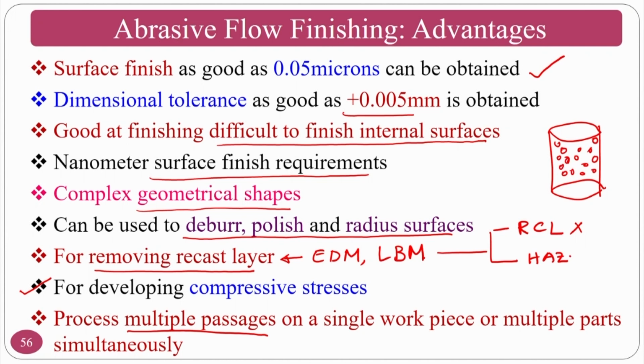Whenever you have studied the one-way abrasive flow finishing process, whenever you extrude the medium from this side, all the medium comes out from this one. So, a single component with multiple passages or multiple holes can also be finished, and if you have big medium cylinders, you can accommodate small components in many ways and do the polishing or finishing of them.